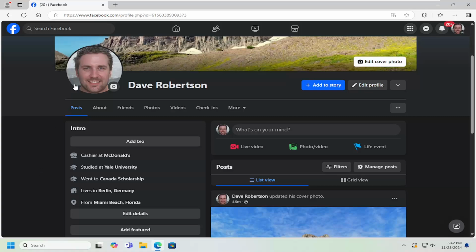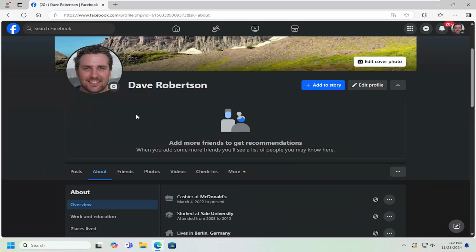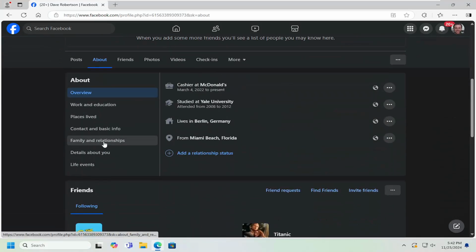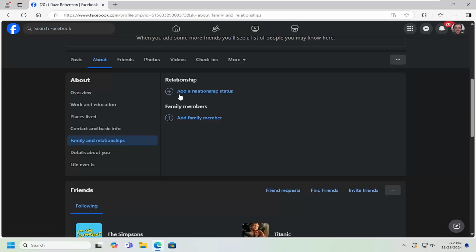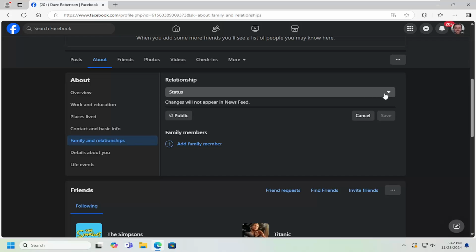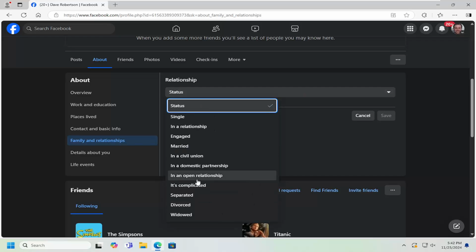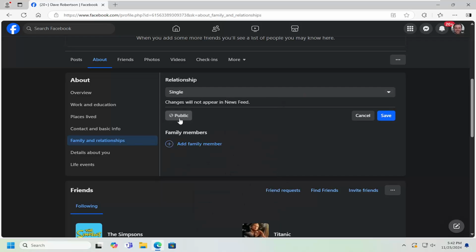And we're going to start by navigating over to our Facebook profile page and select the About tab. On the left side, you want to select Family and Relationships, and then underneath Relationship, add a relationship status. Click the little plus sign here. So you can click on the drop-down and select a different option depending on whatever your preference is, and then